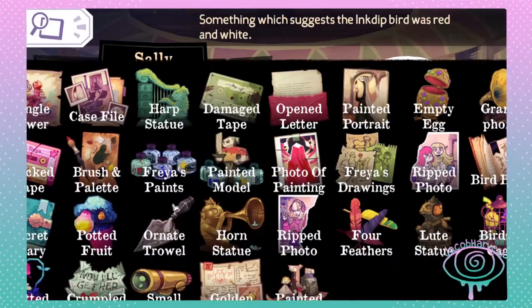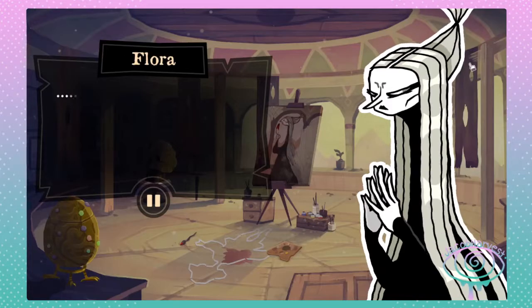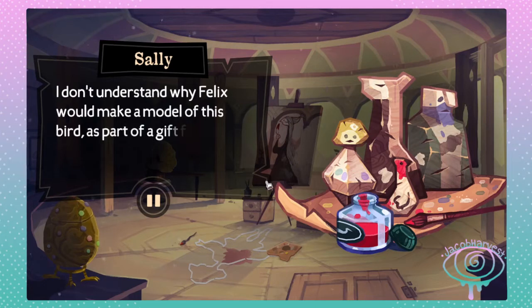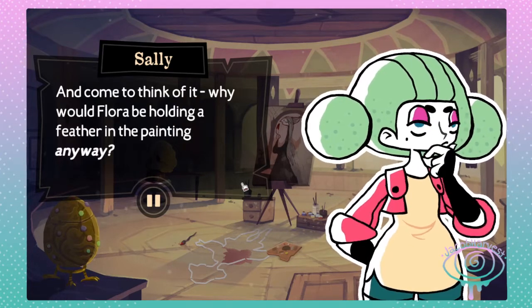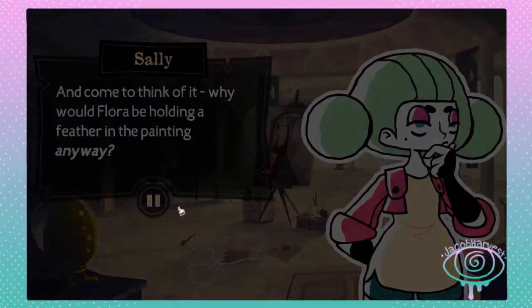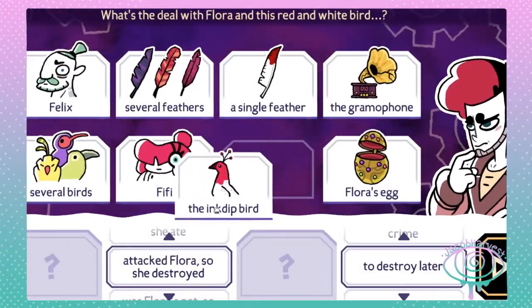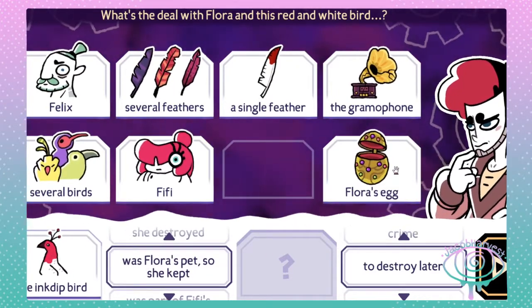Yes. His little drawing. Or model. This little thing? I don't understand why Felix would make a model of this bird as part of a gift for Flora. And come to think of it, why would Flora be holding a feather in the painting anyway? Because it was her favorite. The Incan bird was Flora's pet that she kept in...